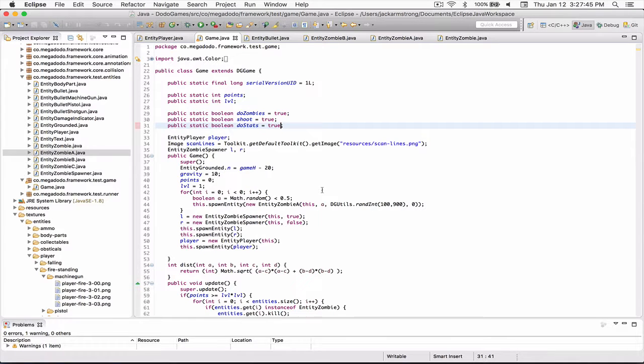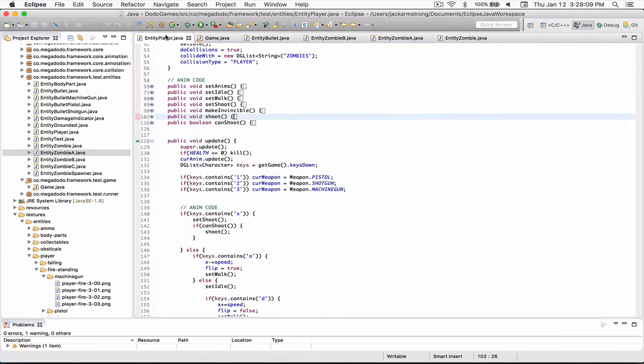Hello, today I am going to show you the rest of the game and do a quick overview of the other features and how they work. It's basically displaying health and points and spawning zombies and bullets to kill the zombies. So in our entity player,